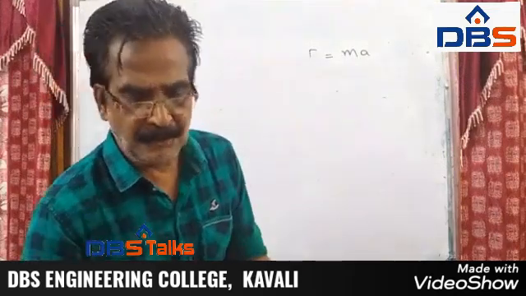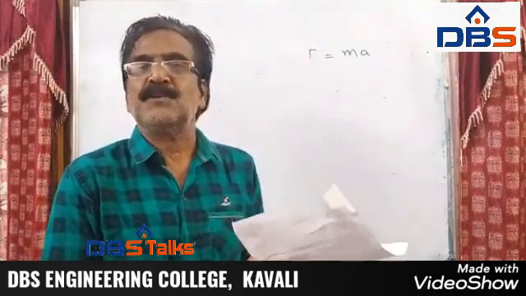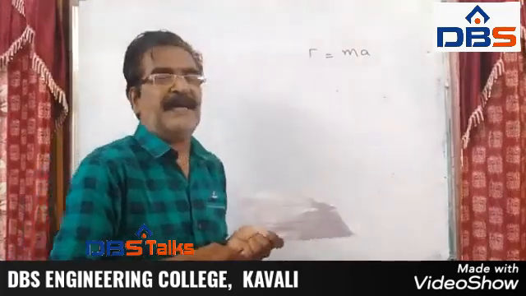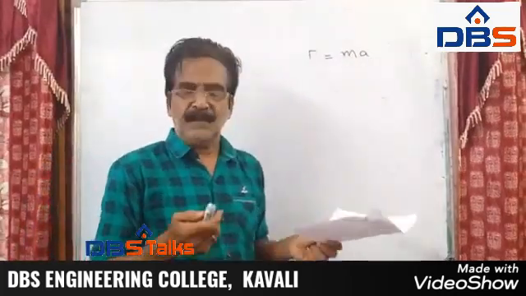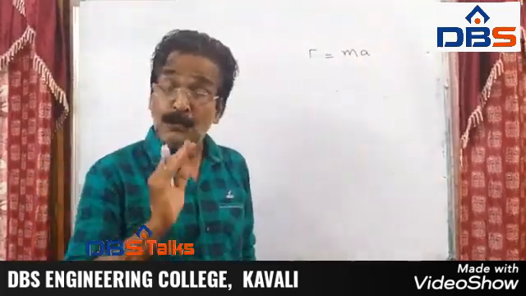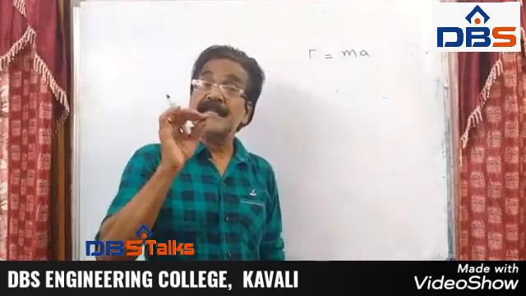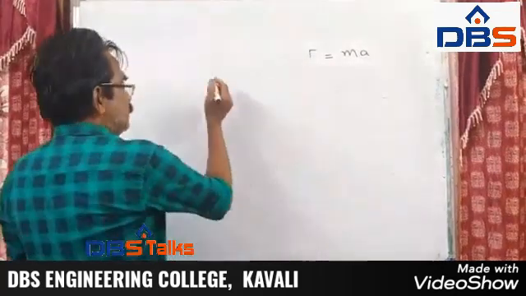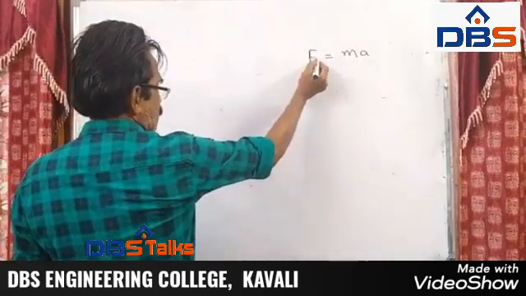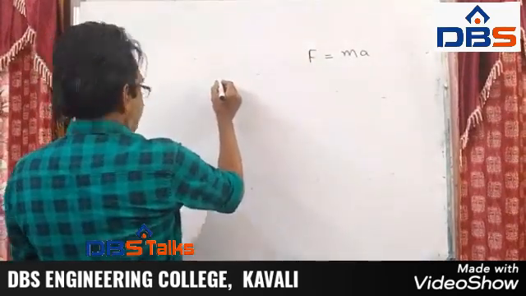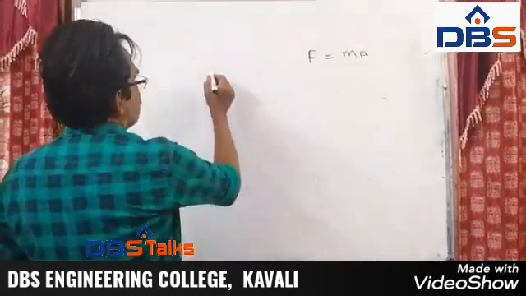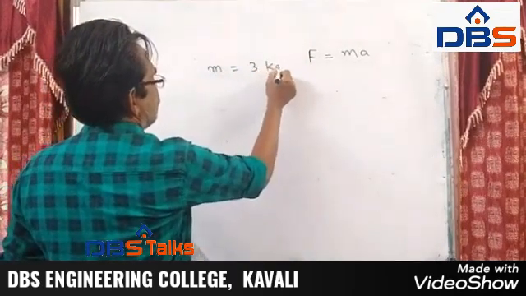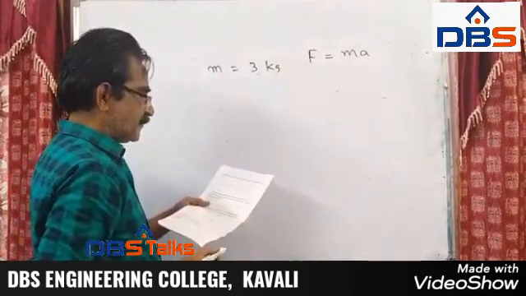So here, what is being asked, friends? Force. How much force you have to apply to change the speed from 2 meters per second to 3.5 meters per second when force is applied for a period of 25 seconds. So here you have to find force. What are the things given, friends? Here mass is given, that is 3 kgs.